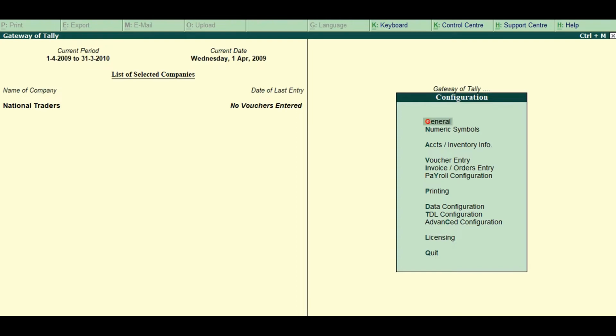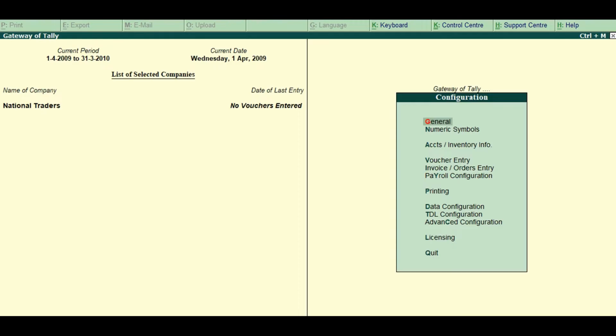That is, if you press F12 from the voucher entry screen, the respective configuration screen will be displayed. There are numerous settings available under various menus in the configuration screen, which may be configured for any additional information required to be entered during master creations, voucher entry, and printing.